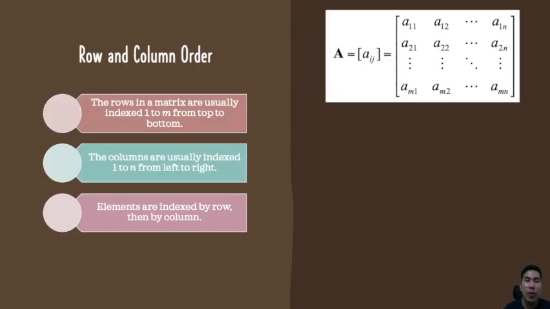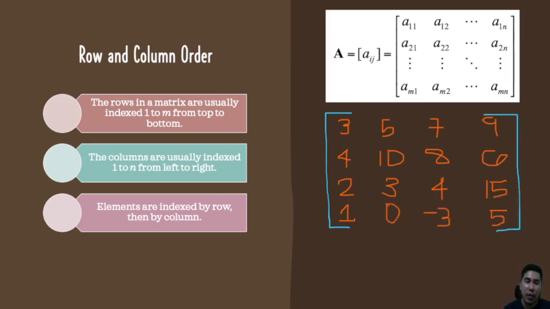So how about the row and column order of matrices? As I've told you earlier, we use this notation to represent our matrix. We have A subscript i j, where i is the row and j is the column. So when we have these elements in our matrix, this is basically 1, 2, 3, 4, and 1, 2, 3, 4. This is a 4 by 4